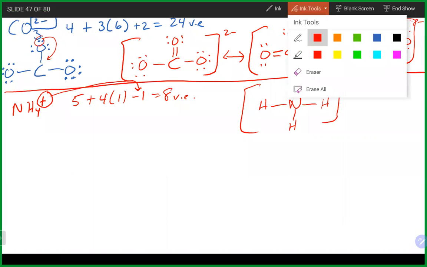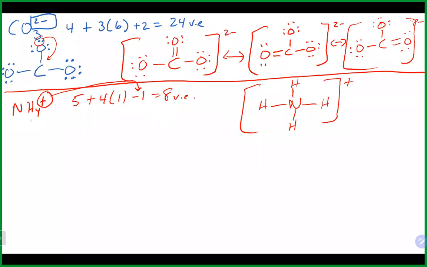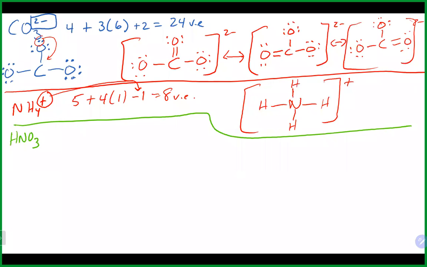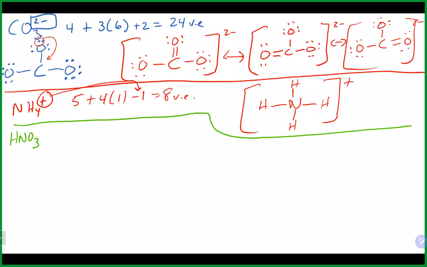All right, the last one that we were looking at there was nitric acid. So nitric acid here, which is HNO3. 1 for the hydrogen, 5 for the nitrogen, and 3 times 6 for the oxygens gives us 18, 19, 24 valence electrons. In this case, you might not know how this is connected, but it does have multiple central